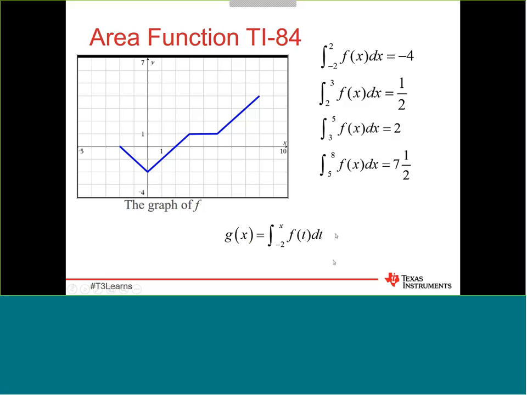And then the neat thing is you can bring in the first part of the fundamental theorem, because you can say, okay, well, what is g prime of x? If they understand the first fundamental theorem from other things you've done in the classroom, they should know that it's f of x. So you could ask them for g prime of, maybe, 2, 3, 4, 5, maybe g prime of 6, and it would just be f of 6. And then I love to ask them, well, what would g double prime of 6 be? And they go, well, now you're making it hard, Miss Carter. And they say, okay, that's f prime of 6.